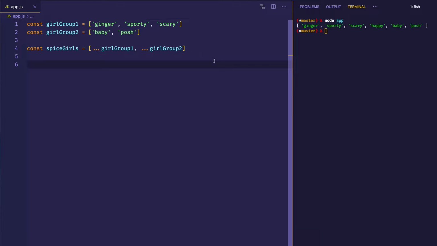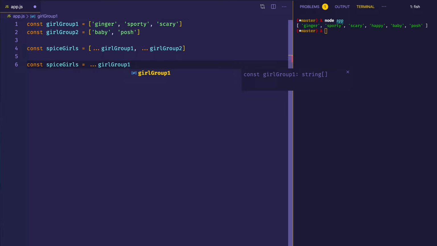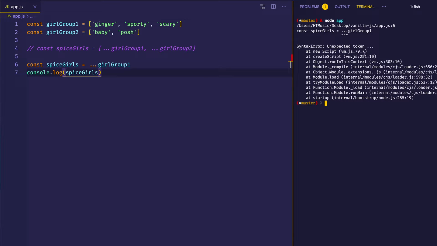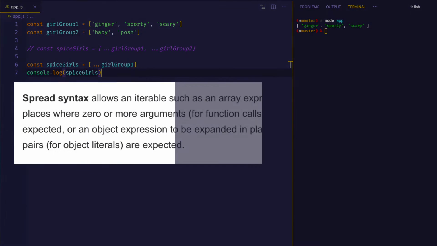In other words, I couldn't just say const spice girls equals ...girl group 1, for example. If I tried to log that out, we see that we get an error, unexpected token. But if we contain this in an array, and then we run it, it works perfectly. So at this point, let's take a look at what MDN has to say about the spread